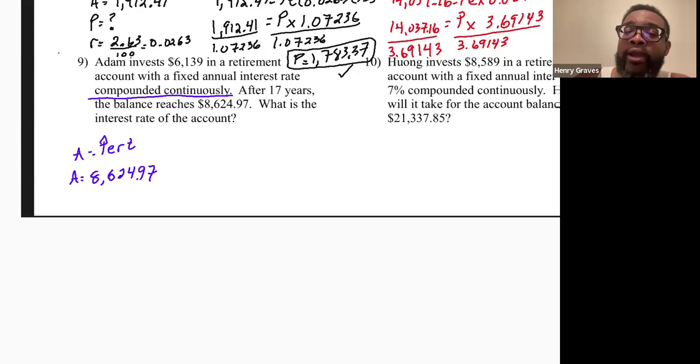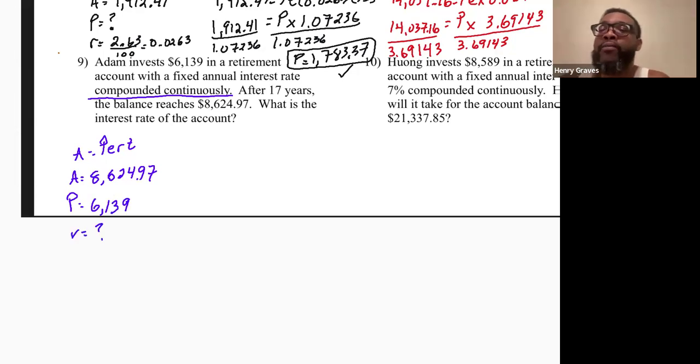We don't know what the rate is, right? But we know that the time was 17 years. So I'm going to plug all this into my formula. So it's going to be 8,624.97 is equal to 6,139 times